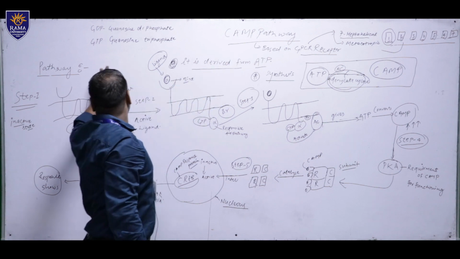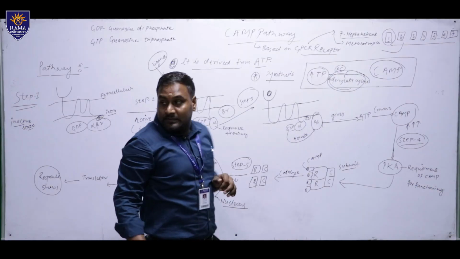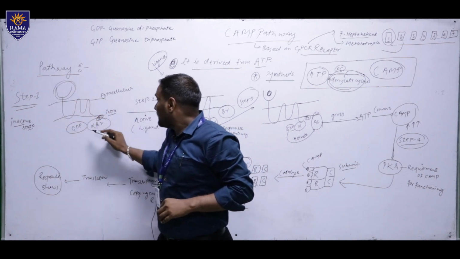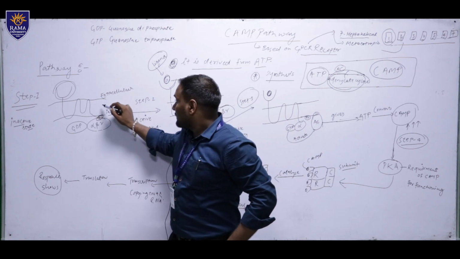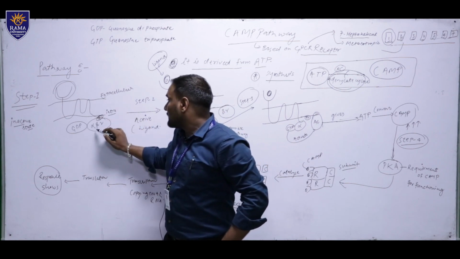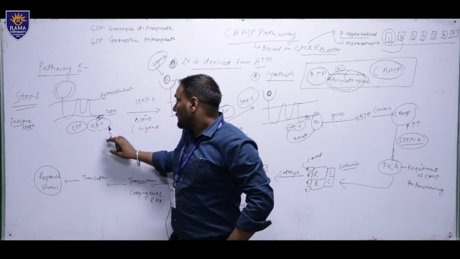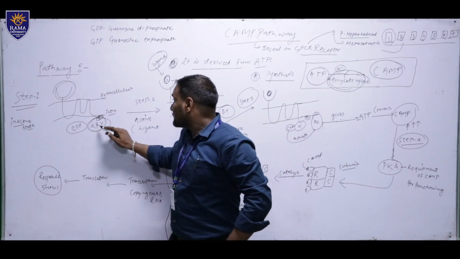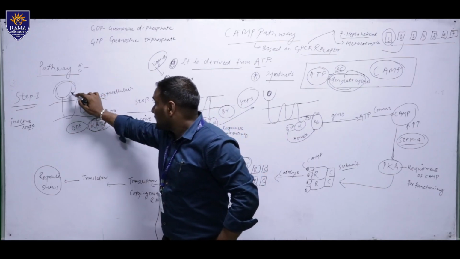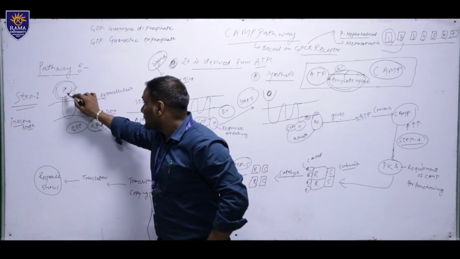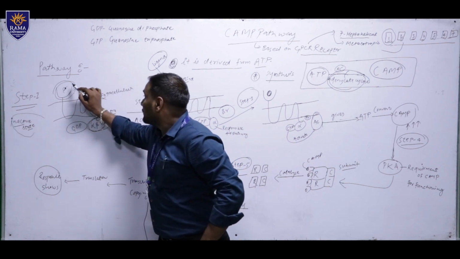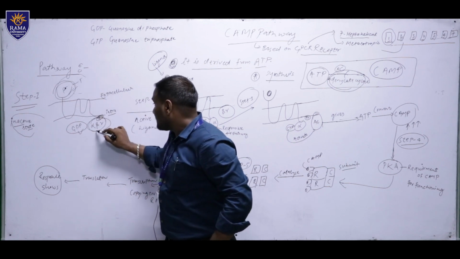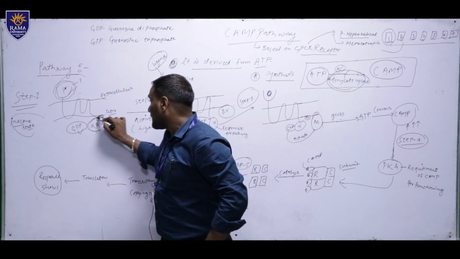Now, here we will go step by step. Our first step is the inactive state. Here you can see the receptor, and the receptor molecule contains GDP with alpha, beta and gamma subunits. These 3 basic subunits are also called the trimeric subunits, which depend on the receptor molecule. That is the inactive stage. You can see here that no ligand is bound, that is the inactive state. GDP is attached with alpha, beta and gamma, that is the trimeric form.